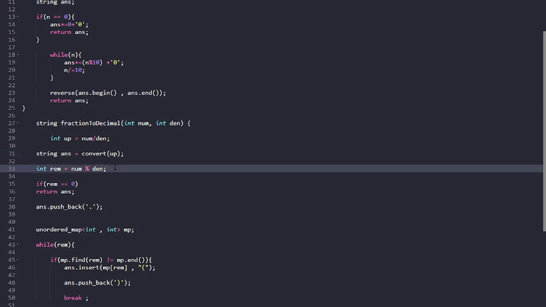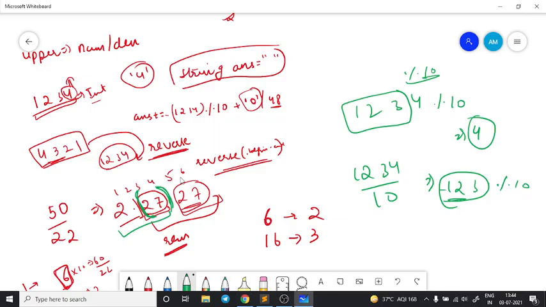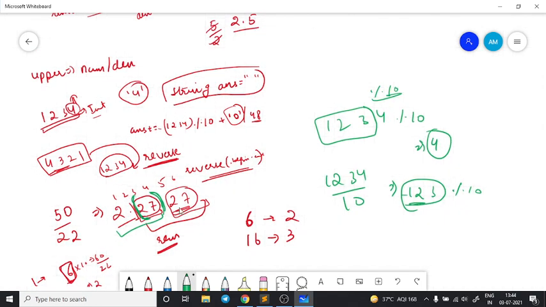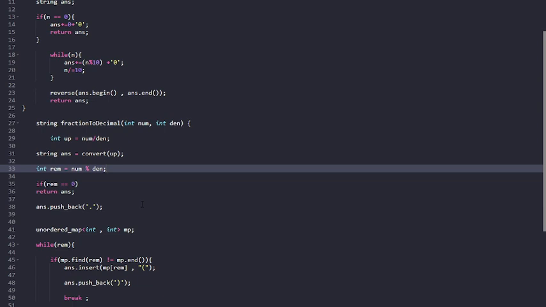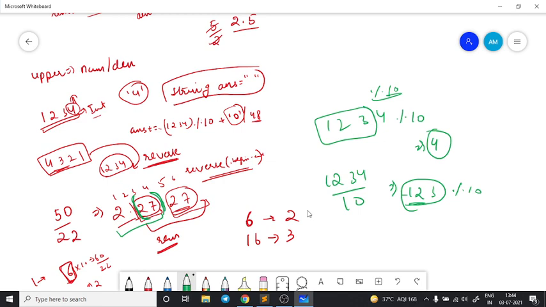Now the second part of this approach is to convert the remaining part, the fractional part, the part after the decimal point, into a string. How to do that and how to apply the brackets? As I said, if my remainder is equal to 0, that means if I had 10 by 5, the remainder is 0, so there is no need to put brackets.